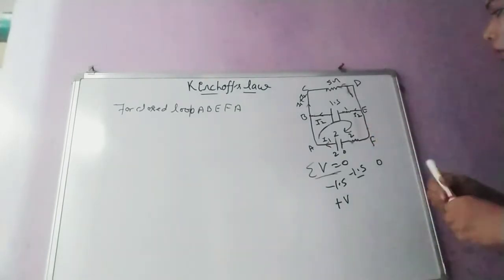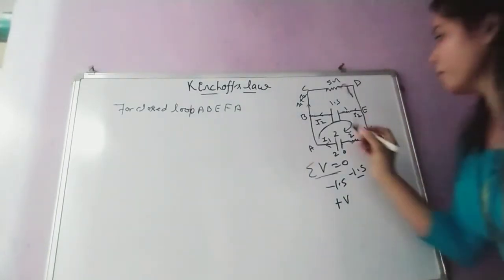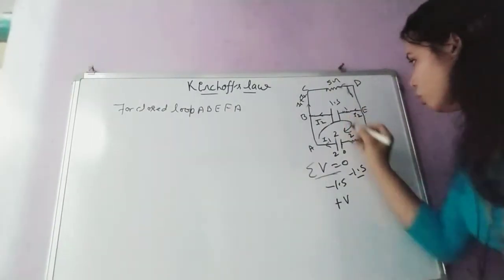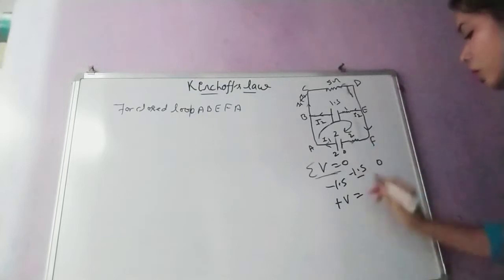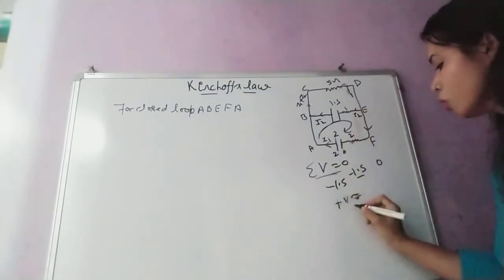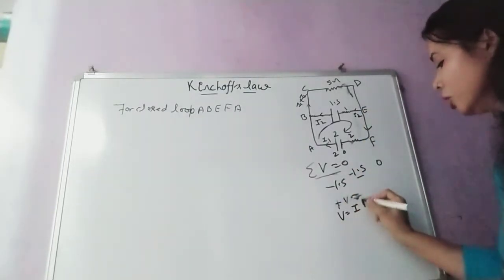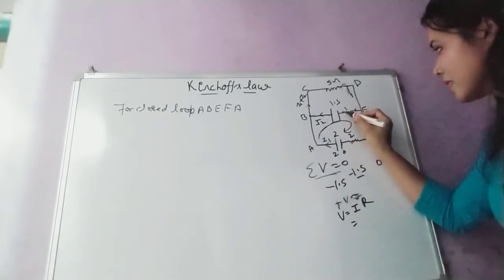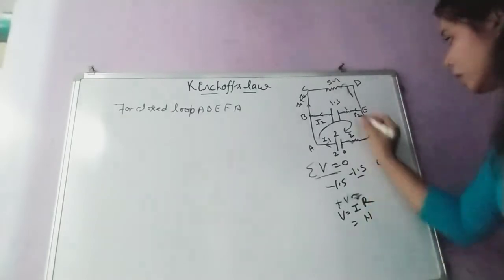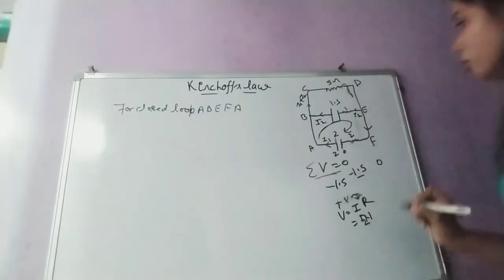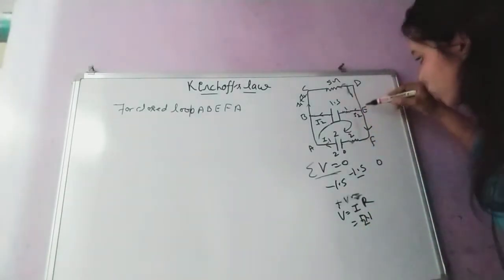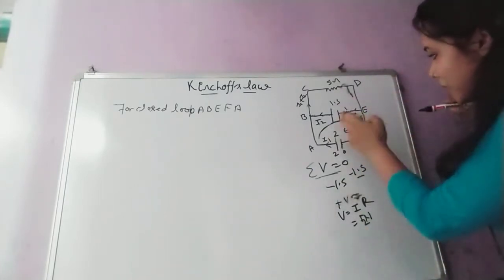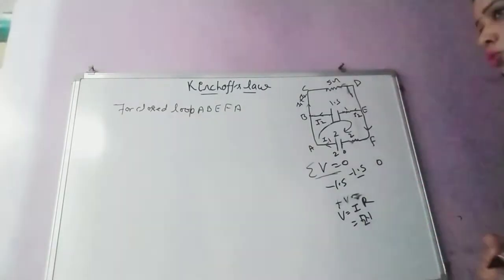Understood? This one. Now see, for example, in this case of resistance, what will you take? You will take 1 volt. Voltage equals to what? Positive you will take. V equals to I into R. So now see here the potential difference. Resistance 1 ohm into current I2. And what is the direction? It is opposite to the direction of current. The direction of current is this, and your path is in this direction. So you will take plus I2 into 1.